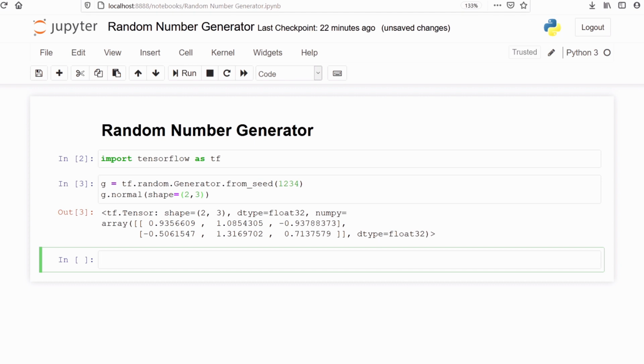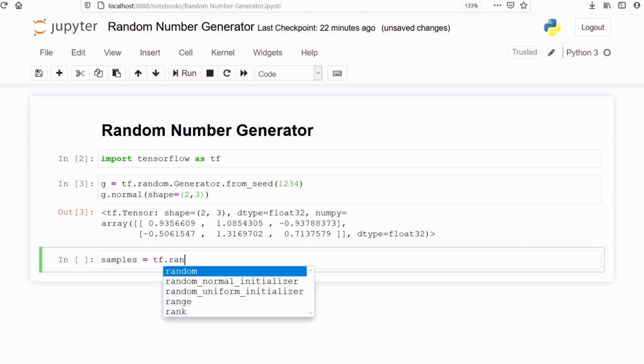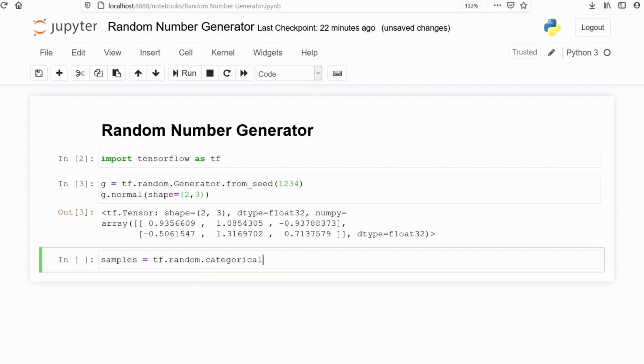We will make a variable samples, and in that we will store randomly drawn categorical numbers. We will use the method categorical to draw numbers, and we are using this method log to give equal probability to each category. Suppose we are having two categories 0 and 1, so the probability of it being 0 is 50% and the probability of it being 1 is also 50%.